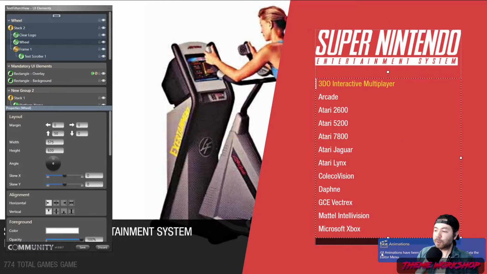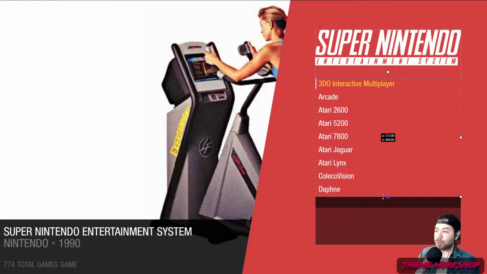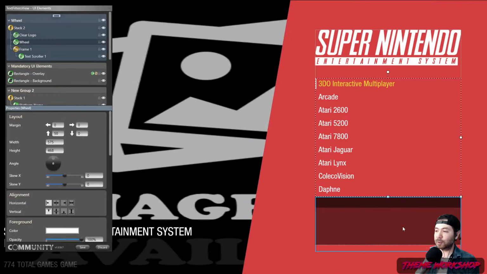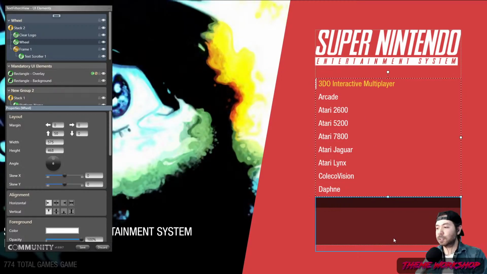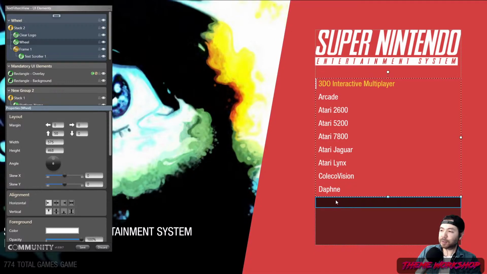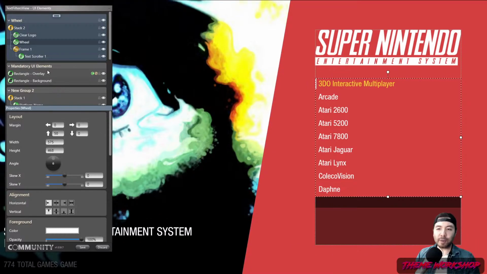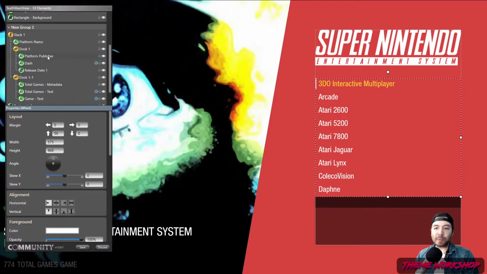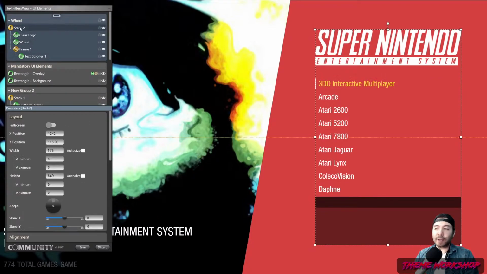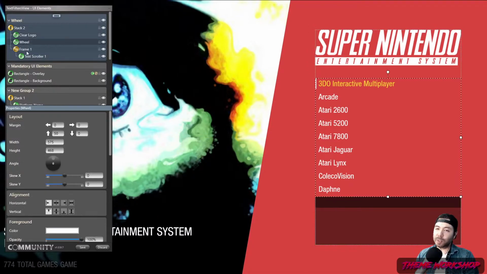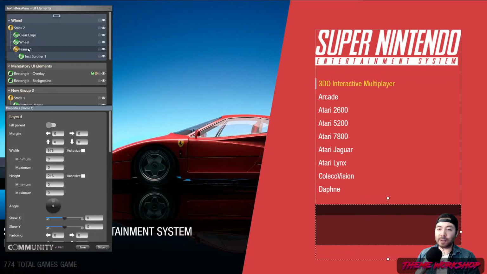Okay, so what was I doing? I was going to make this smaller. There you go. So we got 9 items in the list, and there's enough space down here to give a good separation between this, as well as enough space for some text for the platform view, platform notes. So let's take a look at what I got. I've got this stack. I've got the clear logo on the top, the wheel in the middle. I'm going to push the wheel down, maybe 30. And then this frame,